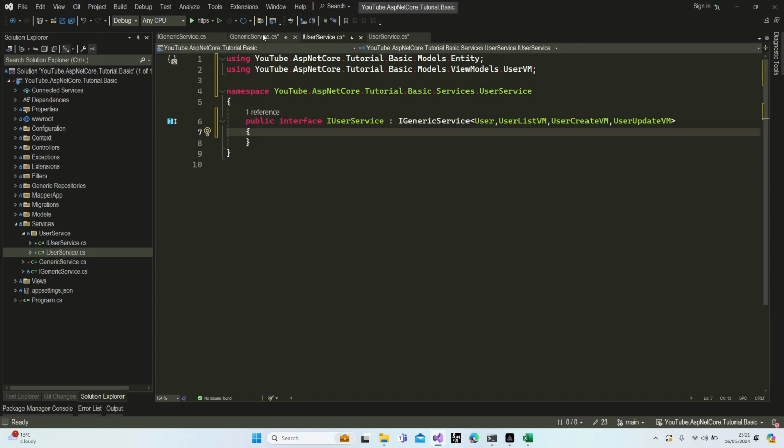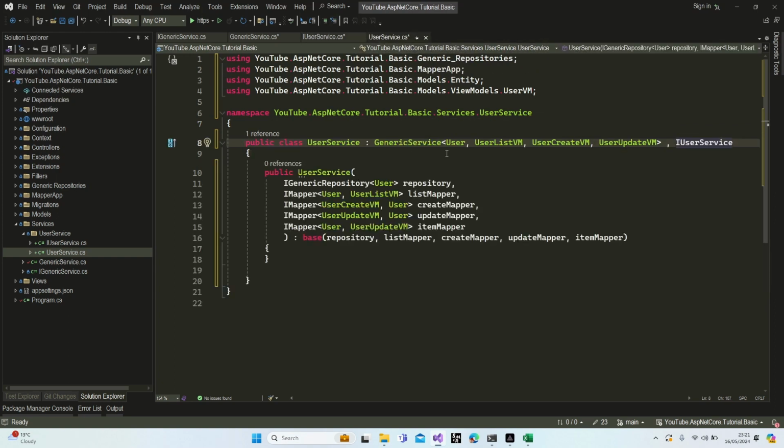Also, I'm going to consume these generic services from my user controller, but I'm going to reach this generic service using user service. So in this area, I can add my specific methods to user service. That's why I'm implementing our generic services, then IUserService. All right, let's continue with create